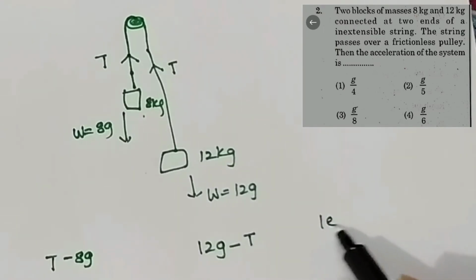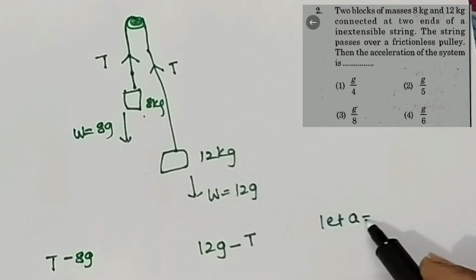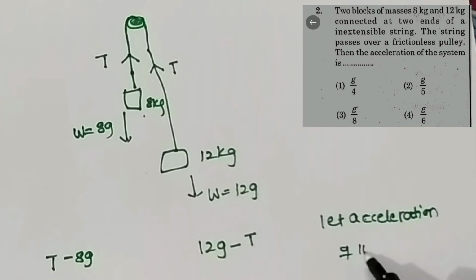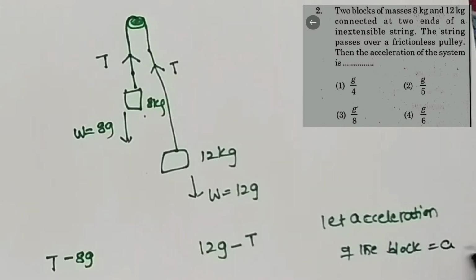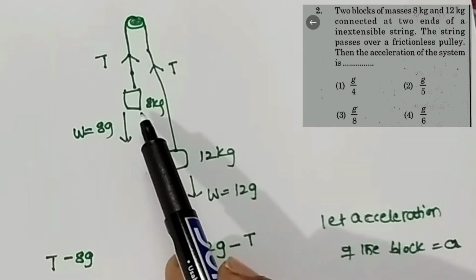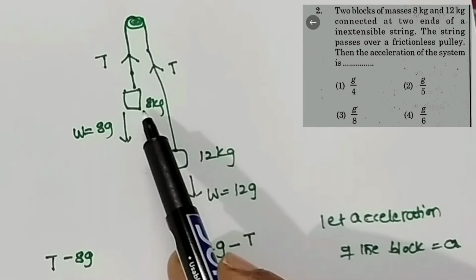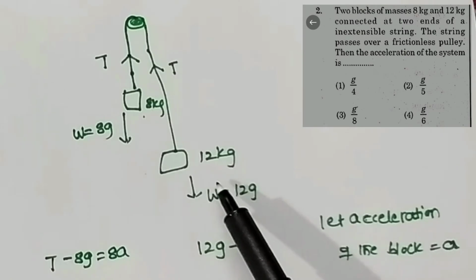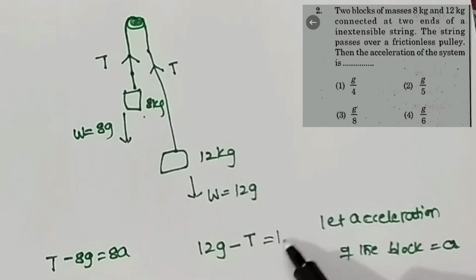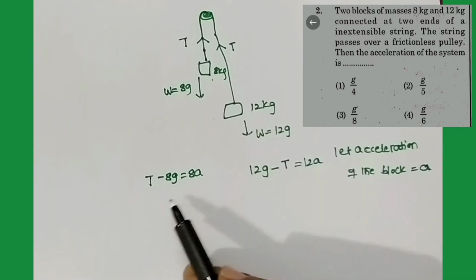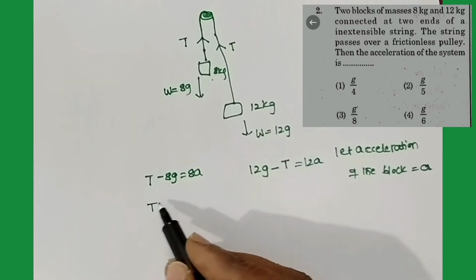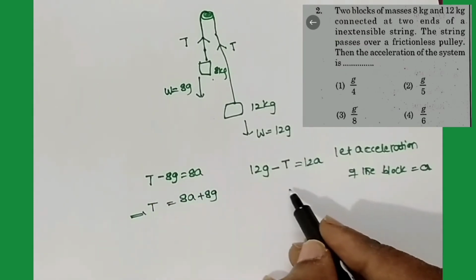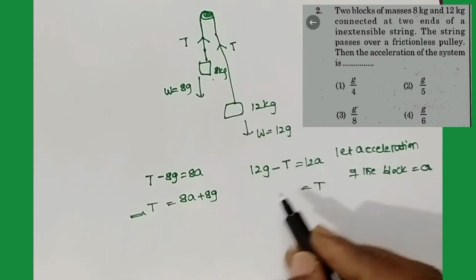Let the acceleration of the blocks which are moving be a. So the resultant force for this block, F is equal to ma, that means 8a. So this is equal to 8a, and for this block resultant force F is equal to ma, that means 12a. So these two equations must be equal, that means here T is equal to 8a plus 8g, and here T is equal to 12g minus 12a,